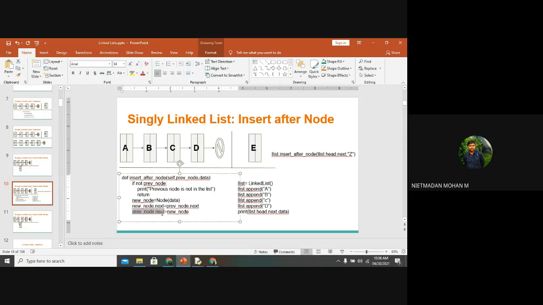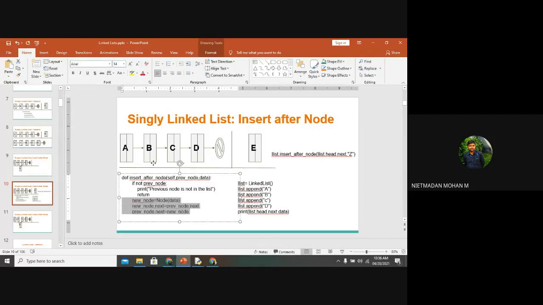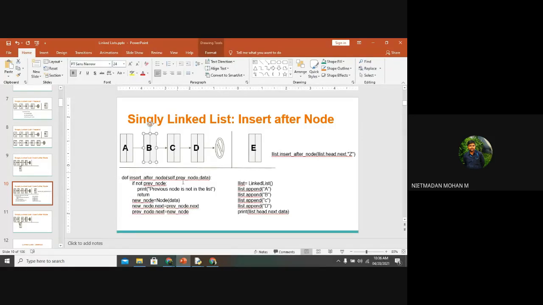And this previous_node.next will be considered as your new node. So the previous value is B, so previous_node.next will be represented as your new node, and it will be stored over here. So these three lines are very important: we are inserting a new node, and new_node.next will be the previous_node.next.